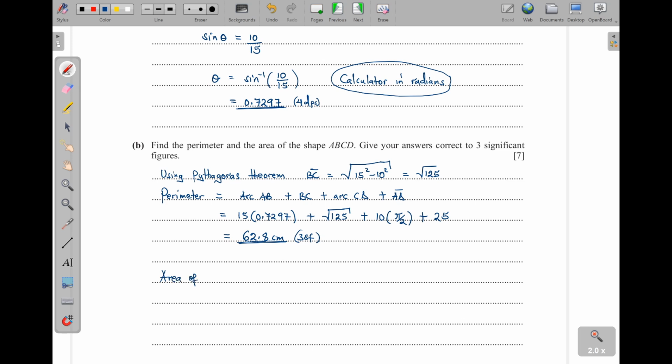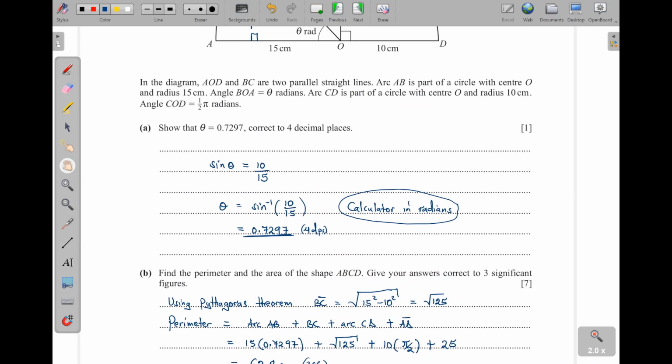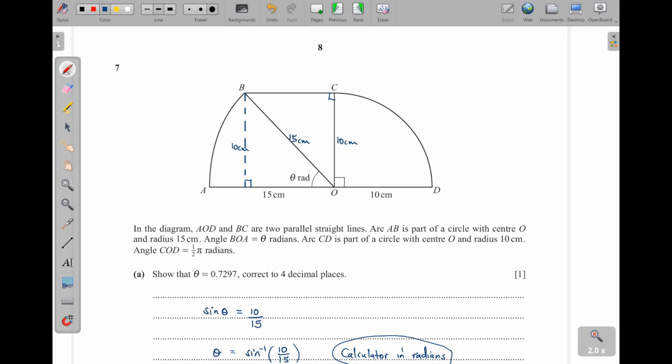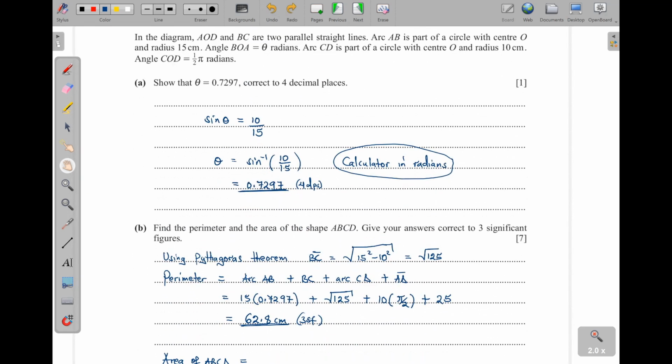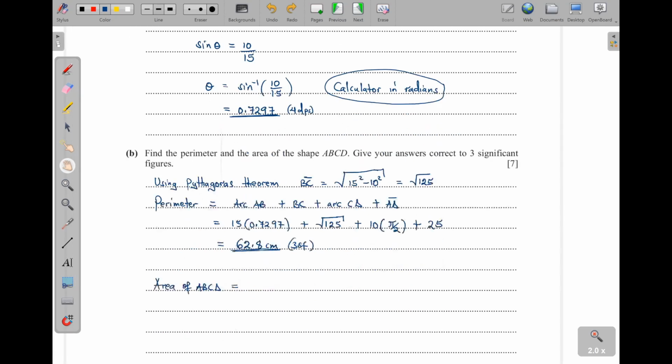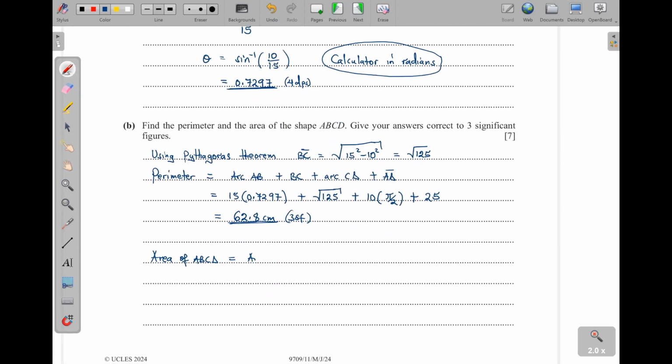of ABCD. Okay, so we just get these areas and then we add them. So there is area of this sector, there is area of this triangle, and there is area of this quadrant here. So we shall say area of sector OAB, then plus area